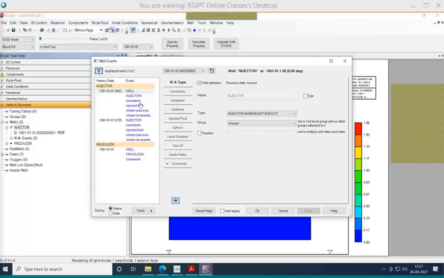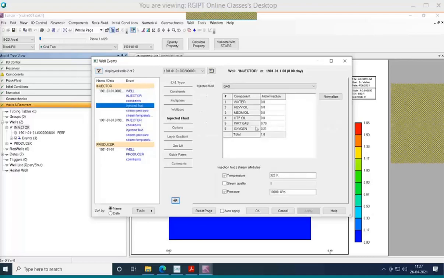Let us say if you want to enrich the air with oxygen, we can change the quantity of oxygen over here and we can find this one. And let us say in wet in situ combustion, if we want to increase the amount of water and find out how we can improve the oil recovery, that can be also done. Okay, so using this trial and error method, we can do all these things.